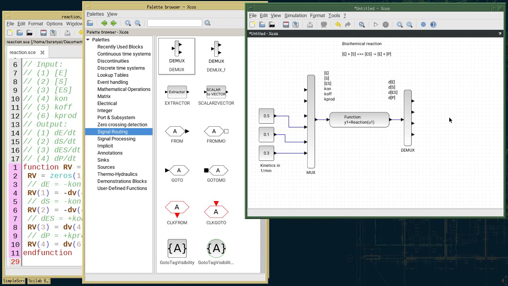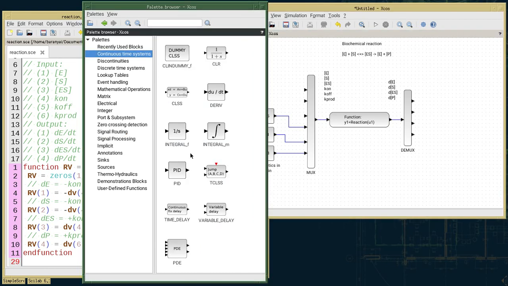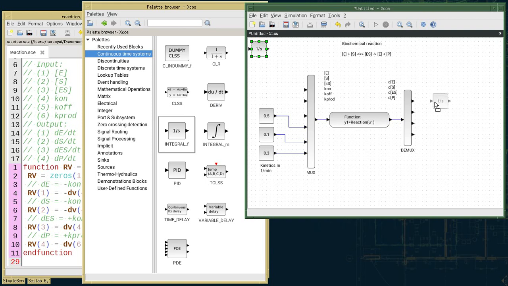What do I have to do with it? I have here the changes over time, and of course I have to summarize them to get an accumulated value. It means that I need an integral. So in the continuous time system, I have to integrate it. I have 2 integral options. I will use the integral function. The other one is more like